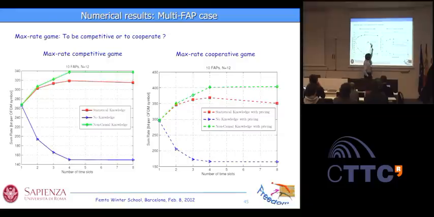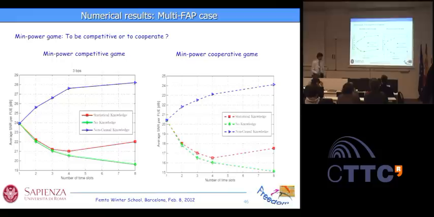So without cooperation, with cooperation. If you check the numbers that you get in this case, you may see that there is a considerable advantage in terms of sum rate, even if the behaviors are similar, but the numbers are greater in the cooperative case. Meaning that if you can afford this cooperation, this exchange of prices, you are just exchanging prices among the nodes, you may get a considerable advantage in terms of rates.